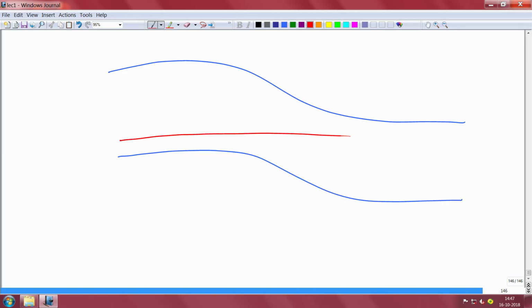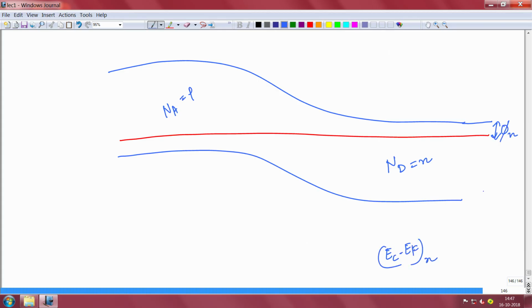So, this is your conduction band, and this is a Fermi level and this is your conduction band on both sides. The doping on the n side is Nd, the doping on the p side is Na. You know Nd equal to n here because it is 100% ionized, and this is equal to p here. You see this gap between conduction band and Fermi level, I will call that phi n, that is the conduction band and Fermi level difference on the n side. This value is nothing but kT by q, you remember the Maxwell-Boltzmann approximation because this is not a high doping, ln of Nc by n, the electron concentration, which is Nd basically.